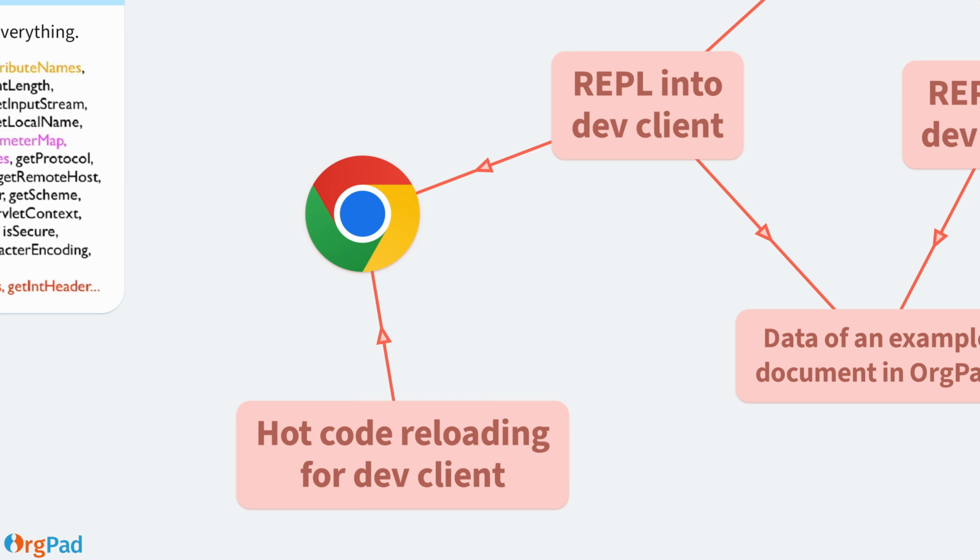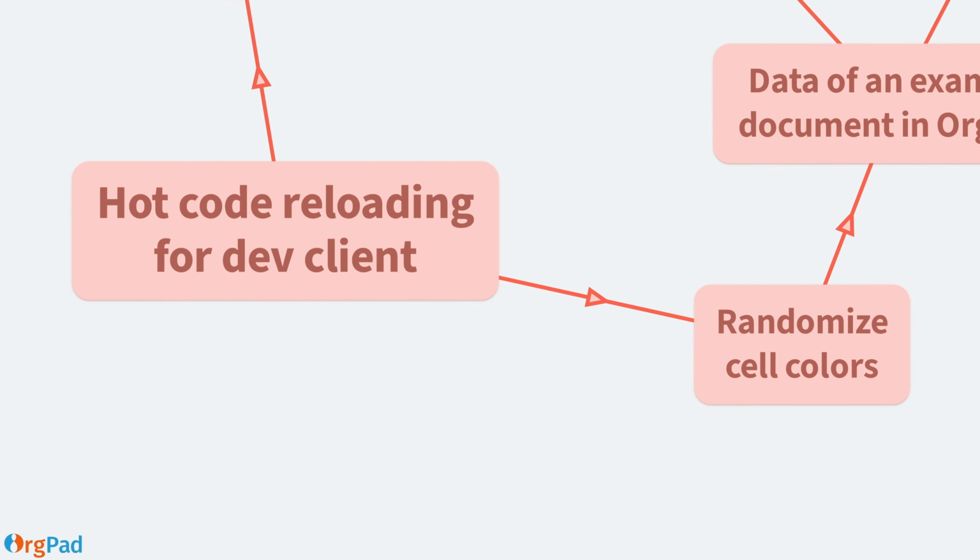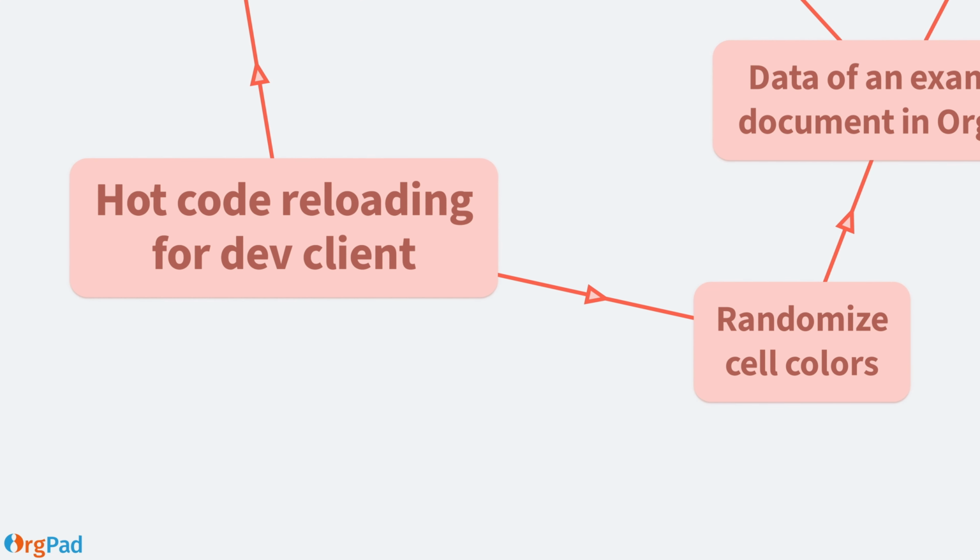Hotcode reloading is so powerful that for the first 3 months of OrgPad development, I didn't have any server. I was just building the frontend. There was no persistence, and when reloading the browser window, all the state was lost. But I didn't have to do this often, frequently running the same window for a few days while doing many improvements. Using this, let's add a silly button which will randomize colors of all nodes.